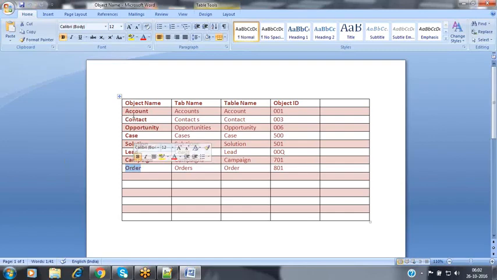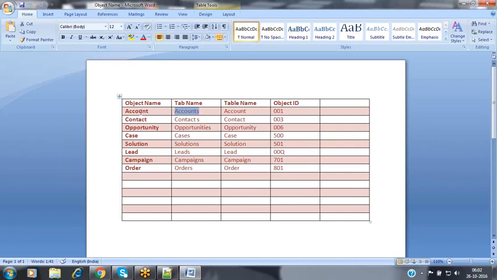For each and every object, Salesforce provides a tab also, which is a graphical user interface with the plural name of the object. The object name is account, the tab name is accounts. Using this interface we can manage not only one record but multiple records, so they follow that standard where the tab name is plural and the object name is singular.